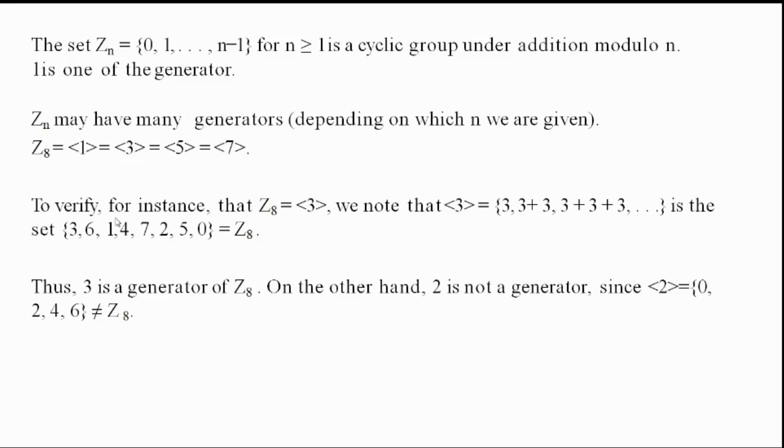That is what the Z8 set: 3, 6, 1, 4, 7, 2, 5, 0. This we will not get. But if you use